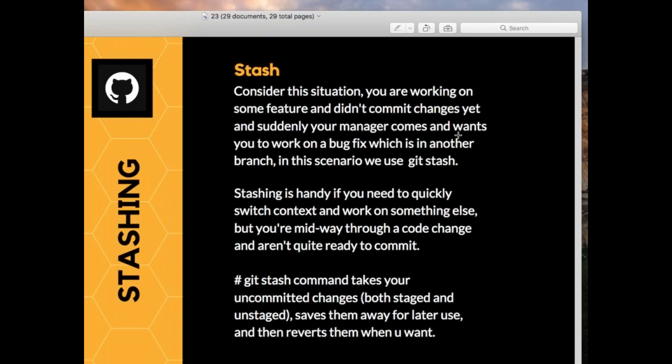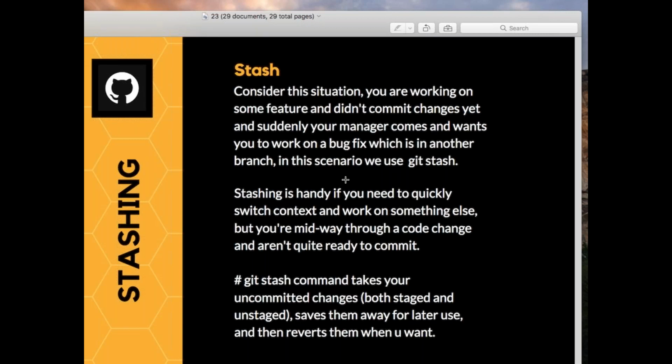Now whenever you are not sure of that and you did some work and you don't know whether to commit that or not, in that scenario stashing will be helpful. So what you can do is take this uncommitted work, or the work which you did temporarily, and save that in some temporary area. That is what stashing is, generally.